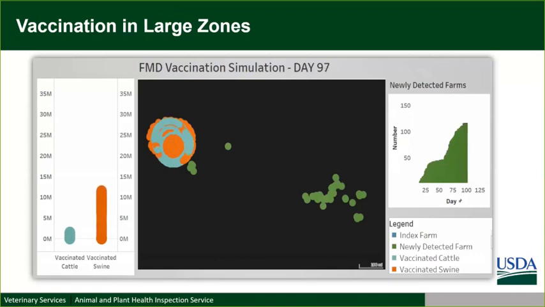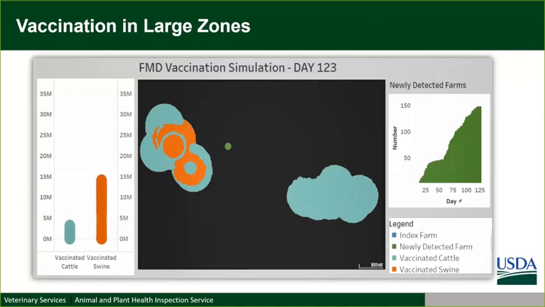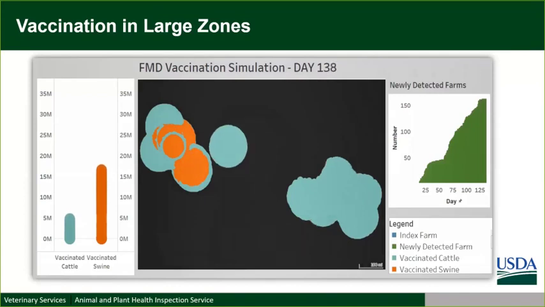So, again, this is just highlighting the importance of being strategic, given that FMD vaccine is a limited resource right now, and knowing where best to apply it, as well as the importance that using containment type of vaccination strategies in addition to protected zones can be really beneficial, especially during that first 14 weeks of an outbreak. So you see by day 124, 125 is when we now have vaccine doses available to apply, and now you're doing that retroactive, delayed application of vaccine. So again, this is just to highlight that point.